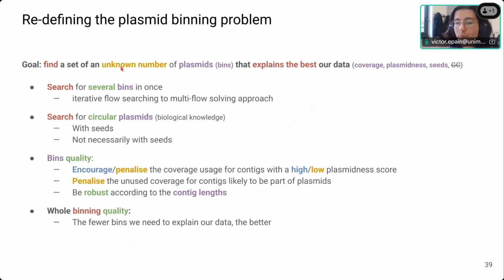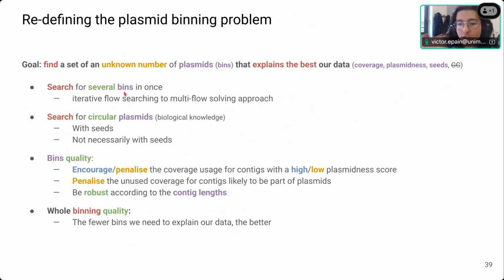So we will search for several bins at once. So from the iterative flow searching approach, we will go to a multi-flow solving approach. Then we will use biological knowledge in the graph structure. We know that plasmids are mainly circular.